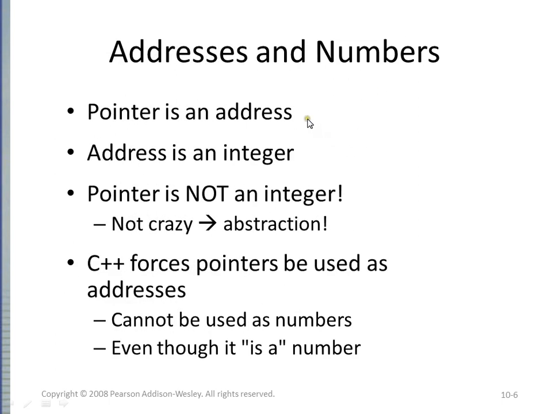So the pointer is just simply an address. The address is an integer. Now, although the address is an integer, guys, we cannot deal with pointers as if they are numbers. Numbers, we can divide them, right? We cannot divide